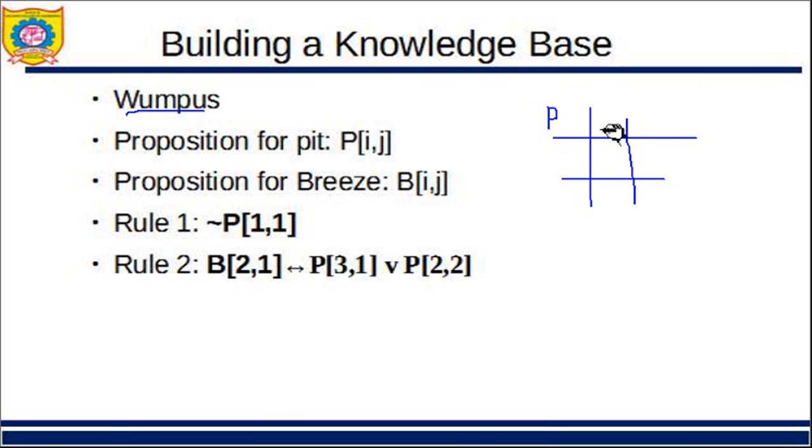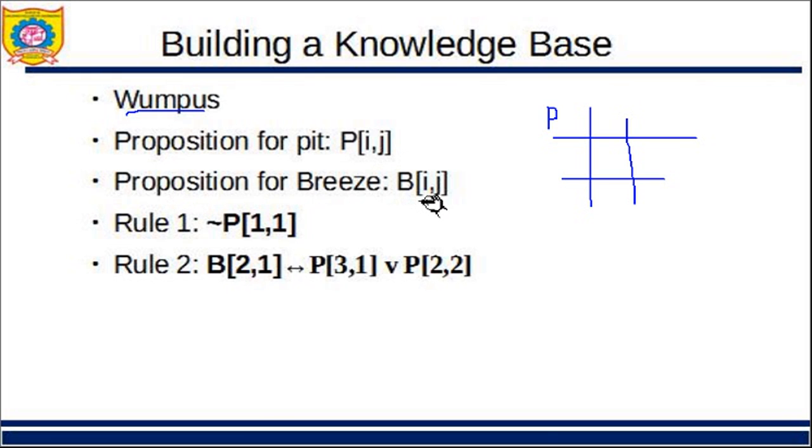Okay, so I'll call at that particular row and that particular column. Here I'm having a pit, for example, at 1 1. Accordingly I have a pit at that particular location. Now what it is saying is a proposition for a pit. Proposition means what? Statement. I have made a statement for a pit: there is a pit at this location, whatever is the value of ij.